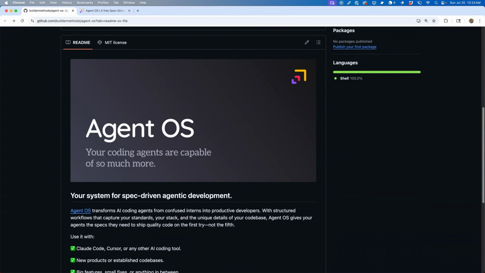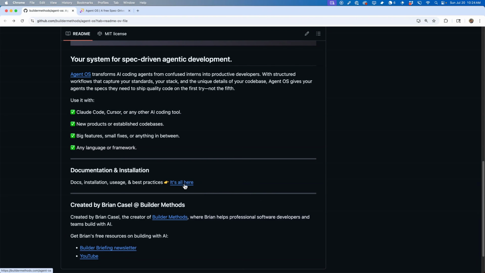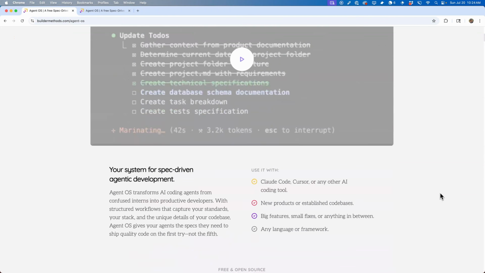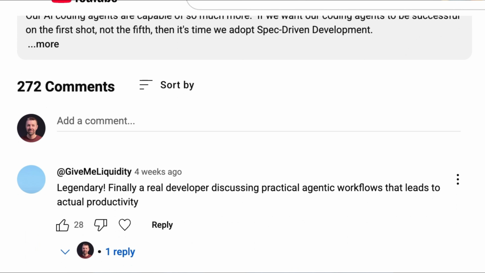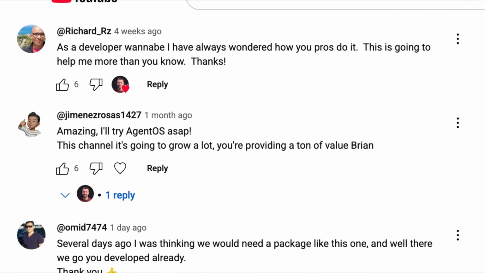It's called Agent OS. It's a free open source system that brings spec-driven development to your coding agents. It teaches them to build like you build, not just following generic best practices, but your specific patterns, your architectural decisions, your coding style. And the response has been incredible to that very first YouTube video when I initially released